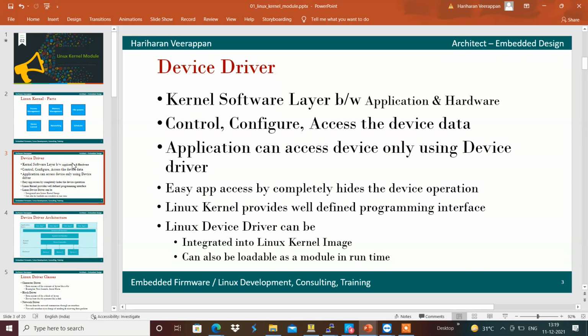Basically, a device driver is used to control, configure, and access the device data. An application can access the device only with the help of the device driver.